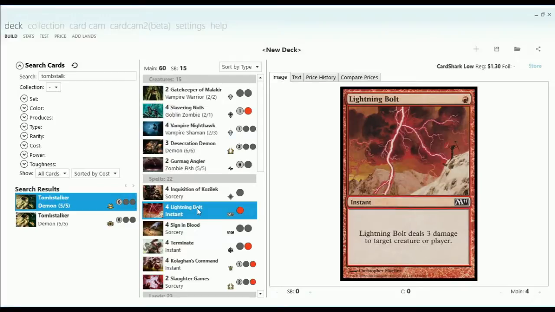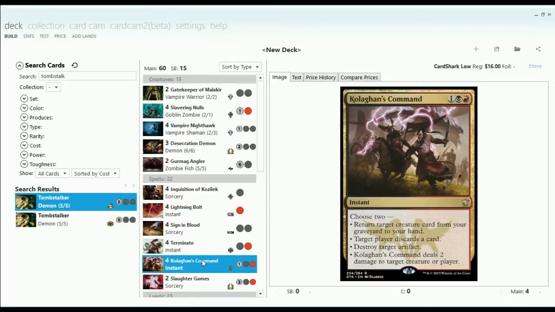Bolts give me a little bit of reach as well, and I can also play 4 copies of Kolaghan's Command, since we don't have Hymn to Torture. This was kind of the replacement for it. It's a great 2-for-1. So, great card. And I kept most of the creatures the same, although I wasn't playing the other, there was another Spectre,